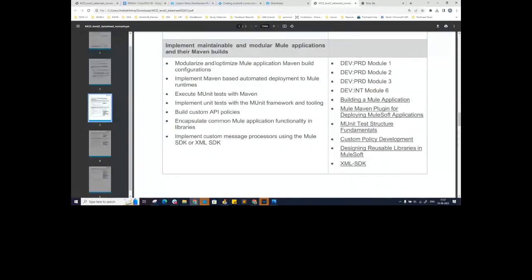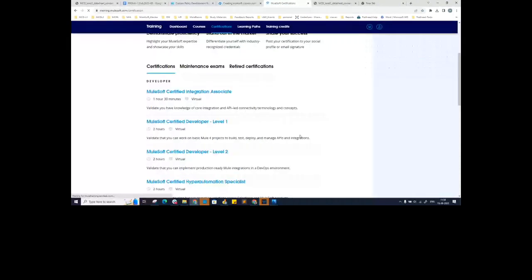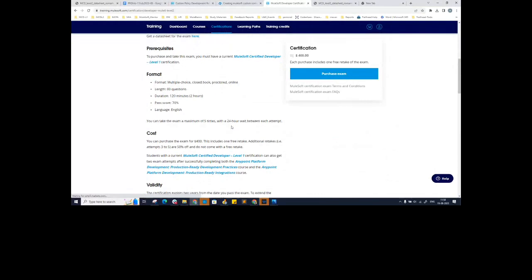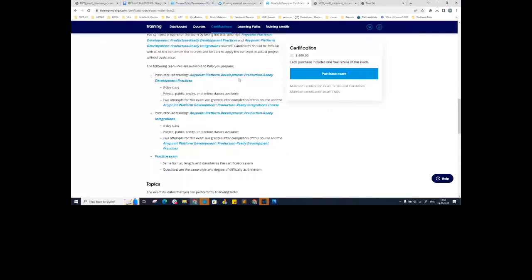It's a suggestion to please go through those links. These links are already in the data sheet as a prerequisite, and also in the training.mulesoft certification links. I'll quickly show it to you just to help you understand. So if this is the development practice link and you open it, MuleSoft has provided all the information in one place.